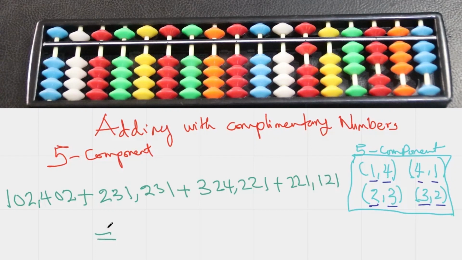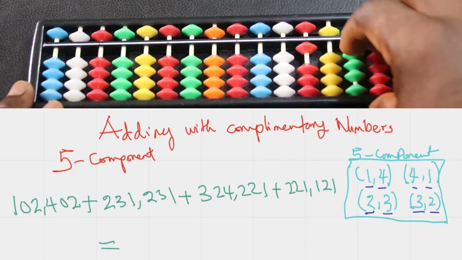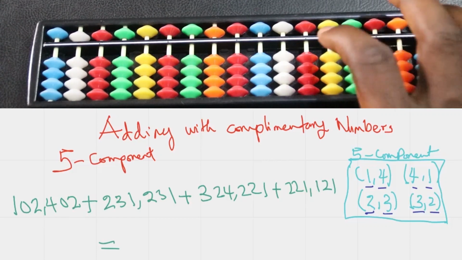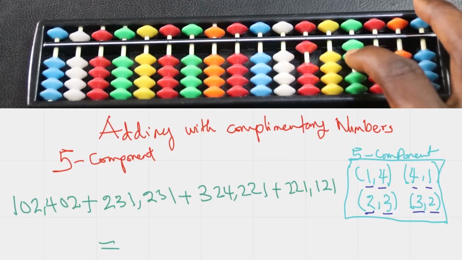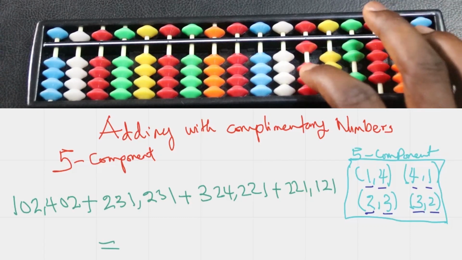Grab your abacus and let's do this together. It's getting fun, it's getting interesting already. Follow me as we get this done. Reset your abacus. If you have your abacus with you, then let's get it done. The first one is a 6-digit number. So I'm going to start from red here because here I have 6-digit numbers. So I can do 102402 plus